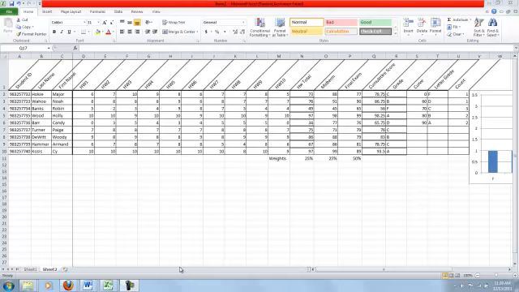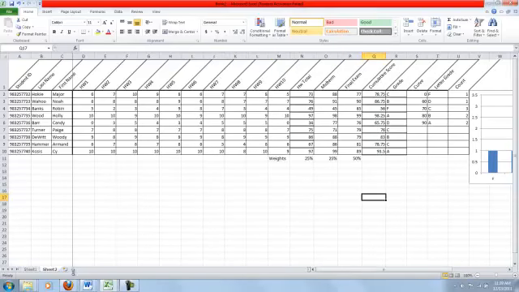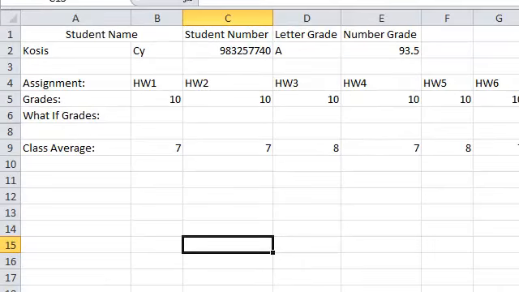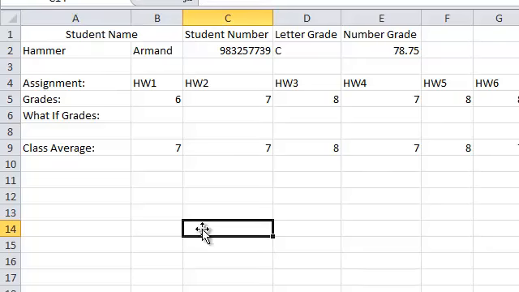Hello, this is a series of podcasts in which we will learn how to take a grade sheet that looks like this and add a sheet that looks like this, where we can select the student by last name and it will then display